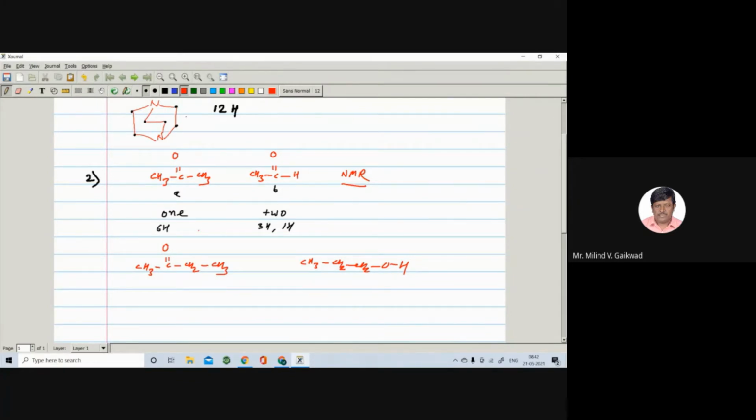So the number of signals, right? In this case, here is 1, 2, 3. There are 3 signals, A, then B, and then C. 3 signals. Okay, there are the 3 signals. And in this case, here is A, B, C, and D. There are 4 signals. So by using the number of signals, we can say whether this is your